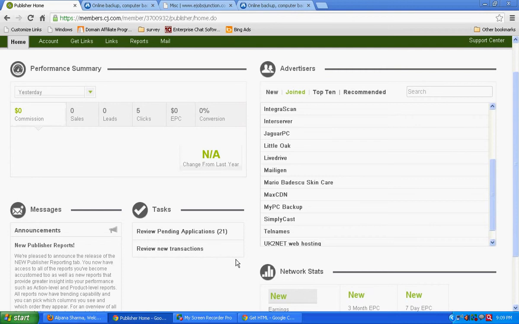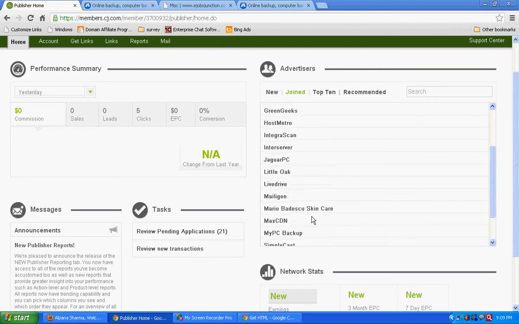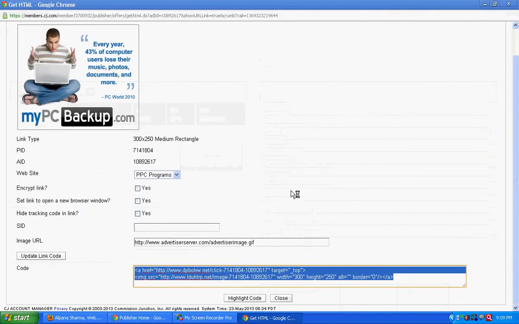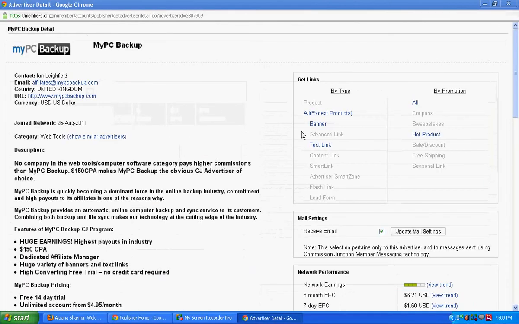Okay, what are the various types of advertisement? Again, let me show you in a quick brief. We had gone over here, banner ad or text link. Now let me tell you one thing again. I forgot to mention one thing in text link.